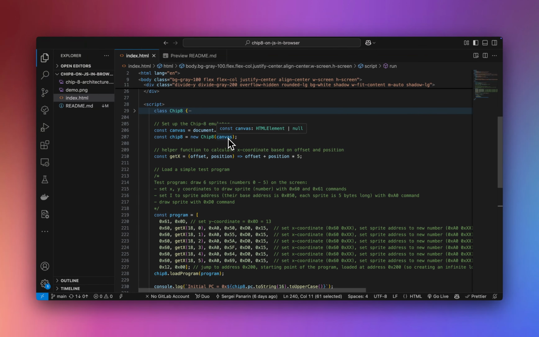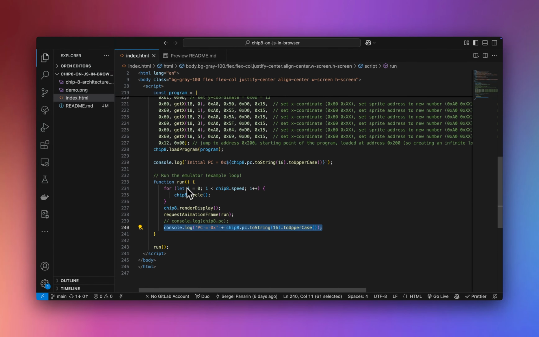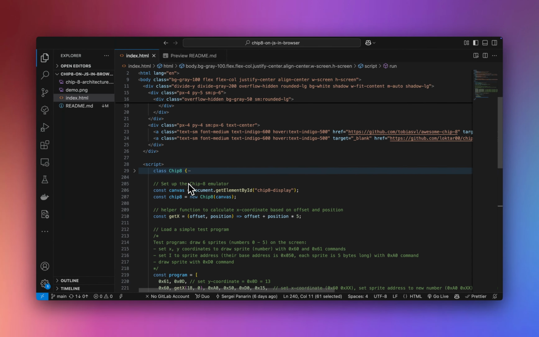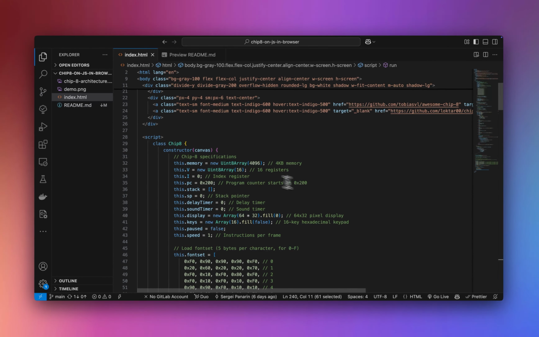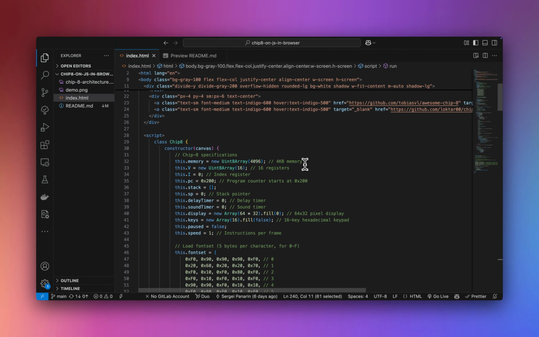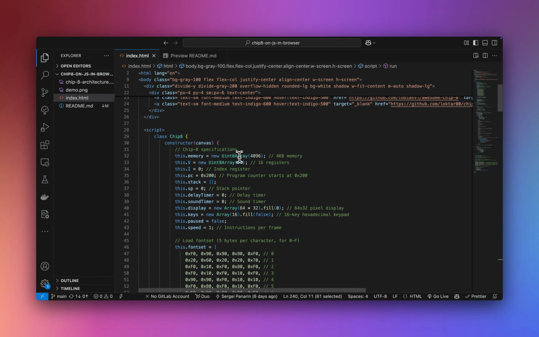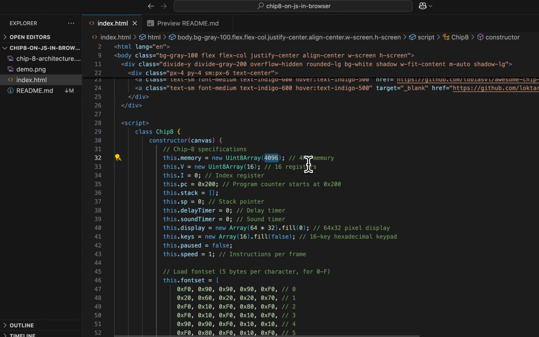reference to canvas, to some display. We're going to have some program that is a set of instructions. We can load the program to this system and then just run it. But all the magic happens inside. And in our case, this is this particular implementation. And this goes straight to the specification of the Chip-8 system. So we create an array of 4 kilobytes of unsigned integers, and so we use it